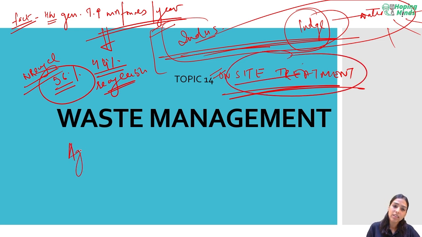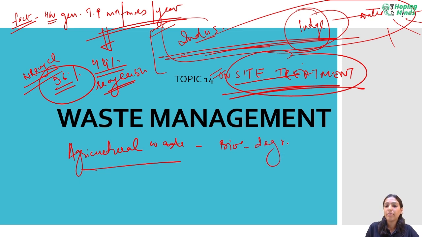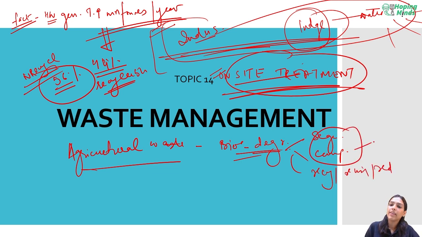The next is agricultural waste. Mostly is and should be dealt on site again, and should fall under the biodegradable category, and dealt with again in ways like segregation, composting, recycling, reusing, reducing. We will be studying this in detail right now. Don't get worried about the same. Alright, so moving ahead,